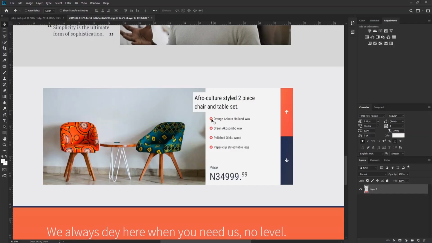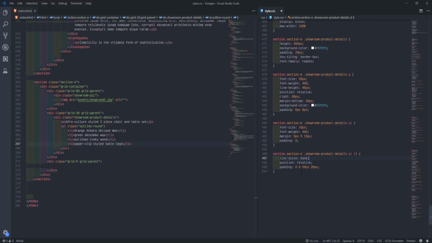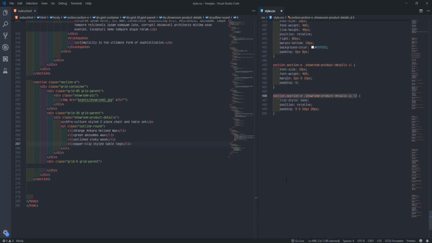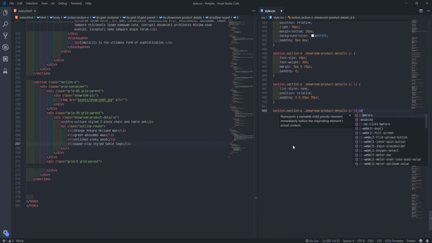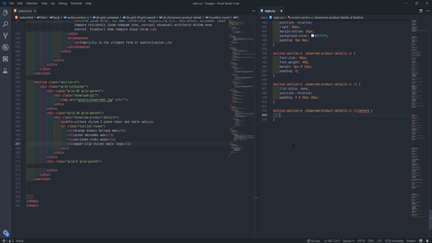So now for me to put before, then style this thing for inside now. So I'll come here now. I'll copy this. And I'll say before. So content go to empty.